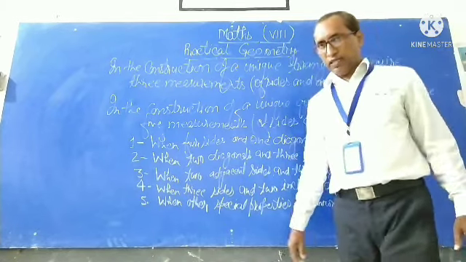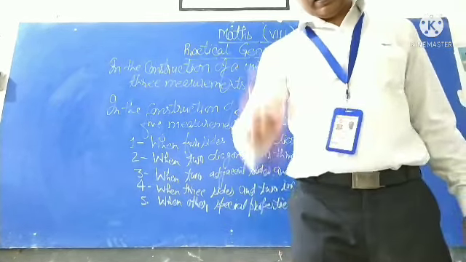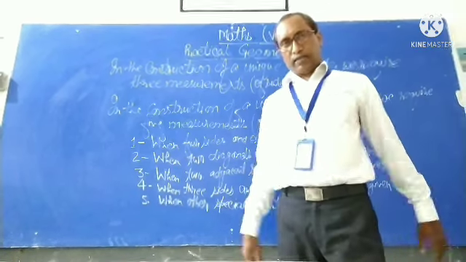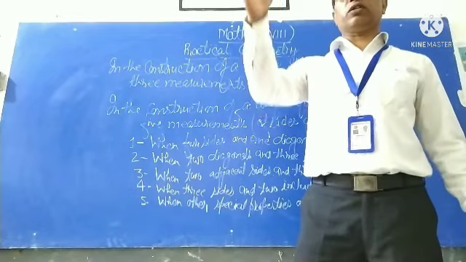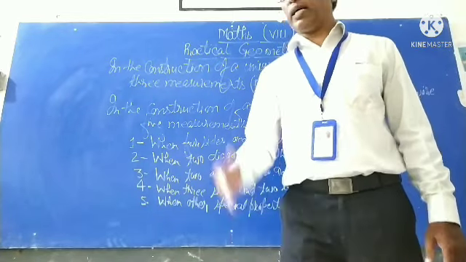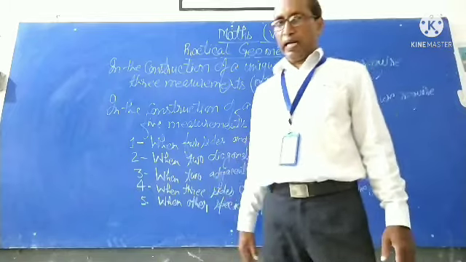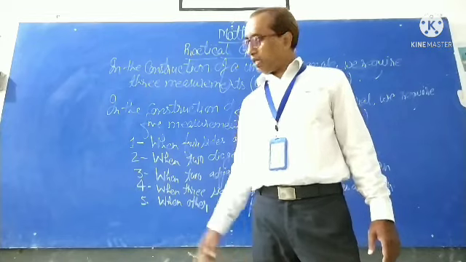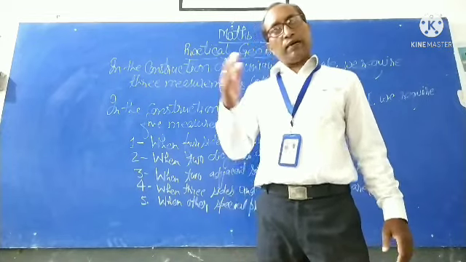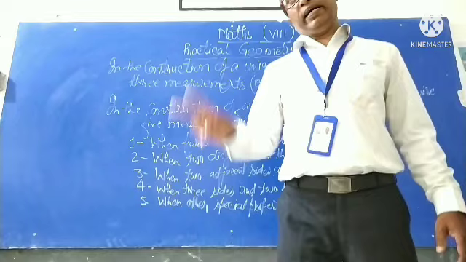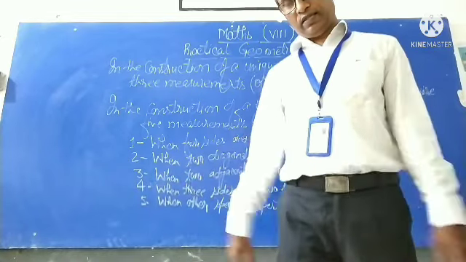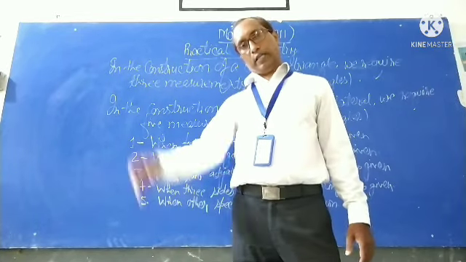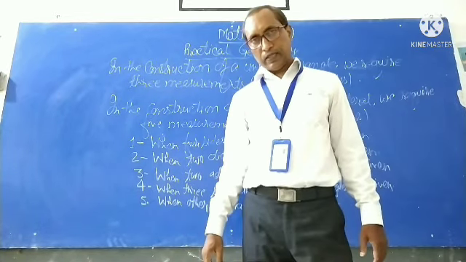Like in the square, if you are given only one side, then you are able to construct a square because all 4 sides are equal and all angles are 90 degrees. We are able to construct a rectangle also when 2 adjacent sides are given, because we know that all angles of a rectangle are 90 degrees. Clear?